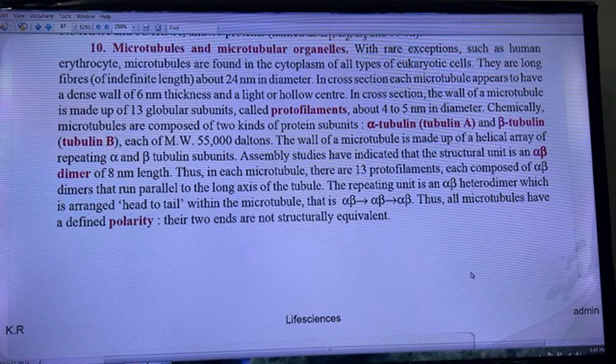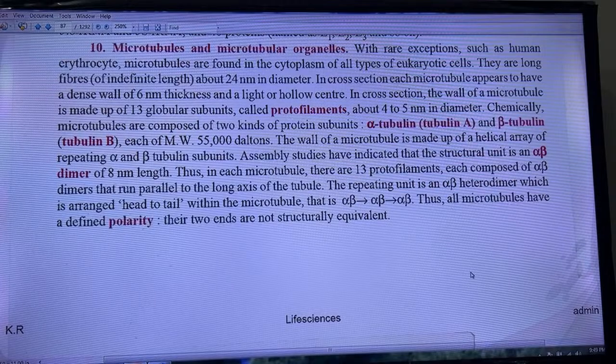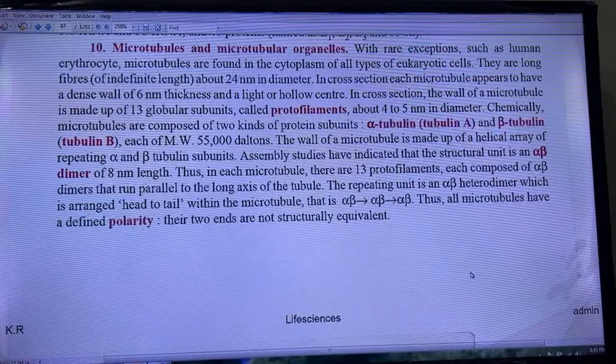Microtubules and microtubular organelles. With rare exceptions such as the human erythrocyte, microtubules are found in the cytoplasm of all types of eukaryotic cells. They are long fibers of indefinite length, about 24 nanometer in diameter, and circular in cross section. Each microtubule appears to have a dense wall of 6 nanometer thickness and a light or hollow center in cross section. The wall of a microtubule is made up of 13 globular subunits called